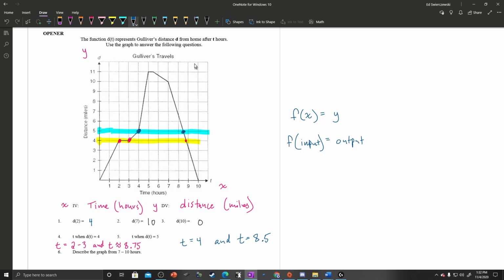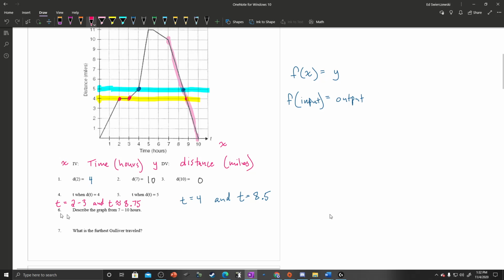right? All right, good. And then lastly, it says describe the graph from 7 to 10. So I want to describe the graph from 7 to 10. So what would I say? Would I say that the graph is increasing, decreasing, or constant? Well, it's going down from left to right. So graph is decreasing,